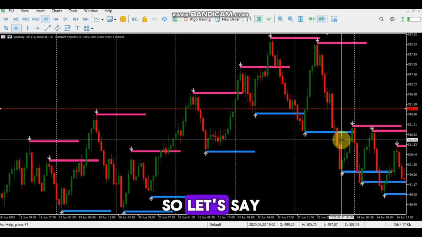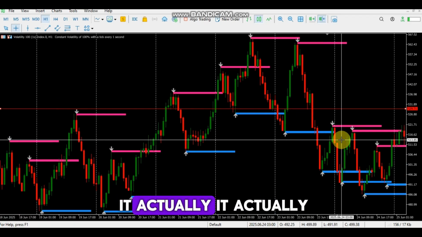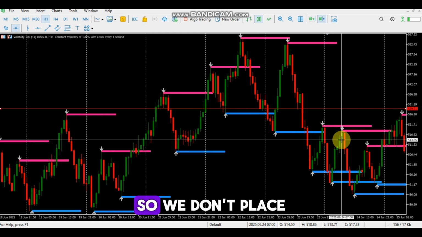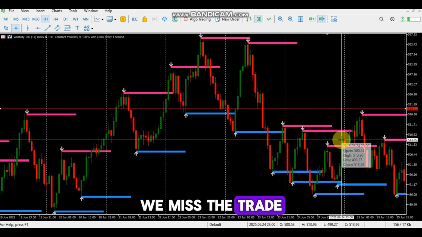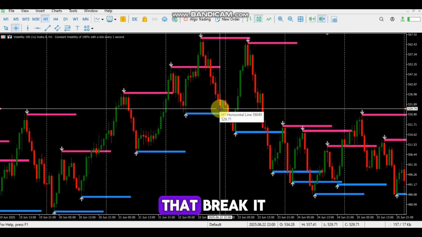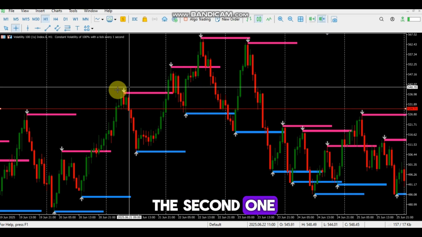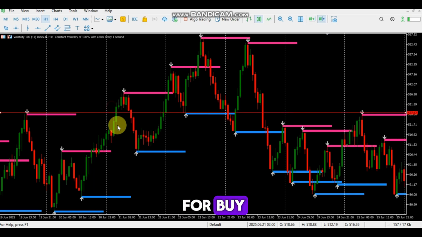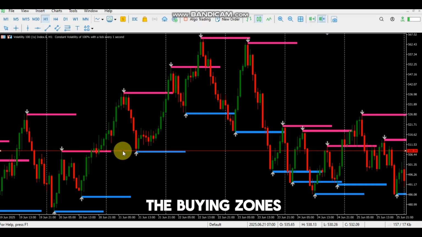So can you see it actually goes well? We don't place the trade, we miss the trade, and after this, we are actually buying. Can you see this is the first one that breaks it, and this is the second one? So if we set it that we're looking for buy, since the market has started breaking the buying zones, this is the first one, this is the second one. So after the market breaks it,